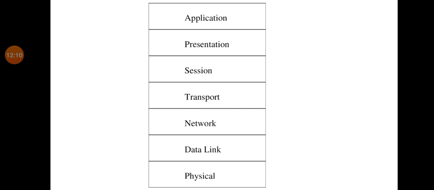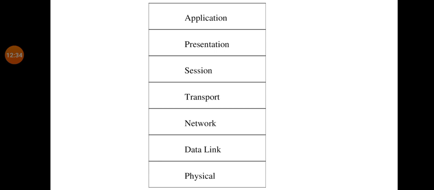Then come to the next layer, that is the session layer. The first function of the session layer is that it manages and synchronizes conversation between two different applications. The name itself represents that the session layer performs session management.